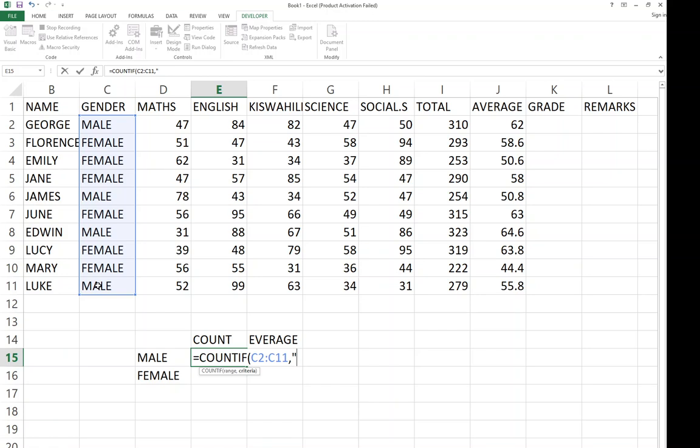So for instance, if the male were in lowercase at the range part, then even when you come and write the criteria, make sure you write exactly as it is, because it's going to look there. So if it finds a lowercase m, it doesn't know that lowercase m and uppercase m are semantically the same. Okay. So I'll press enter, and I'm told I have four